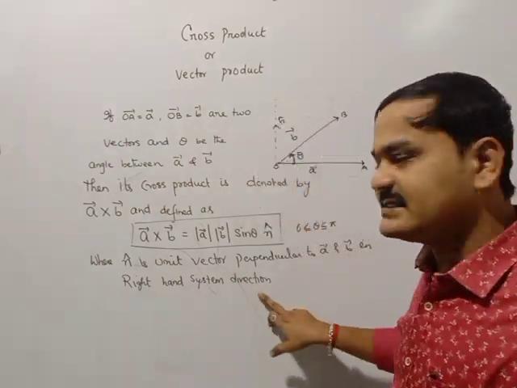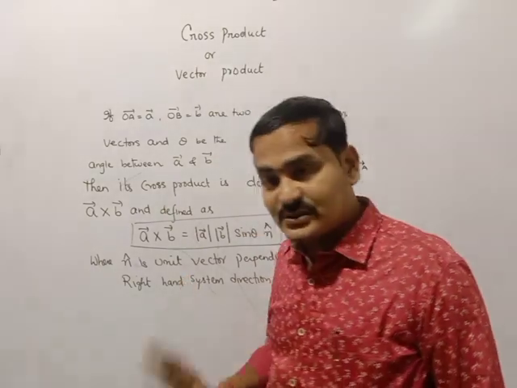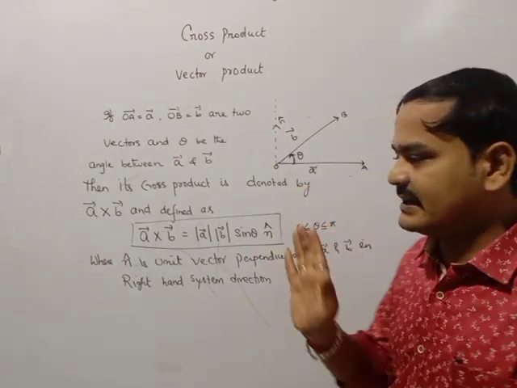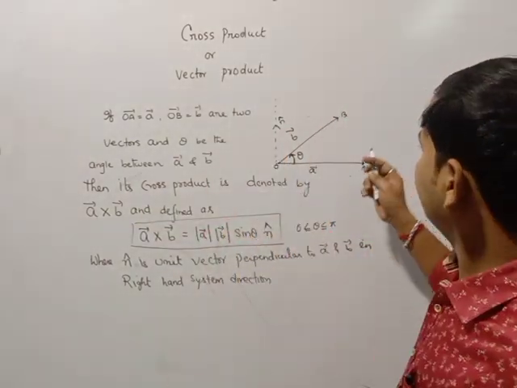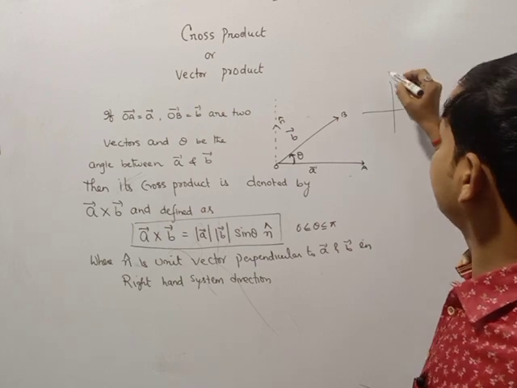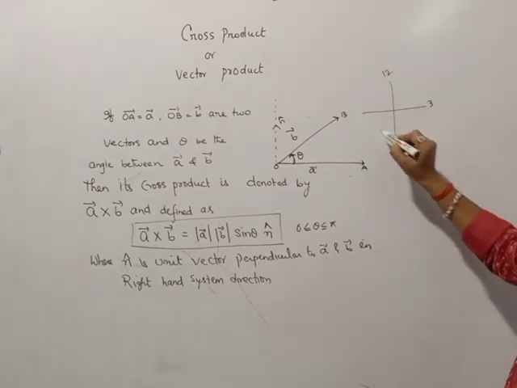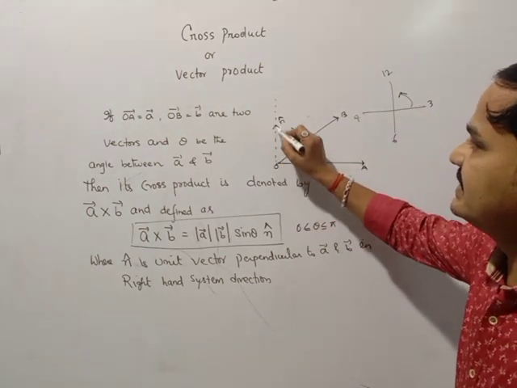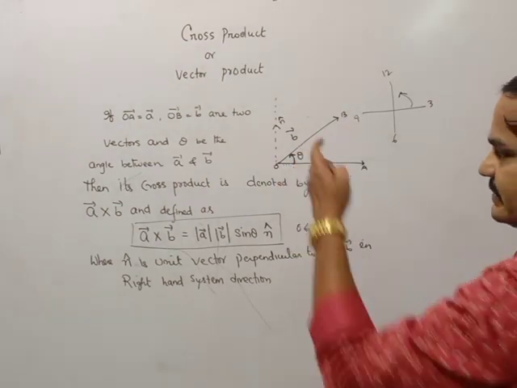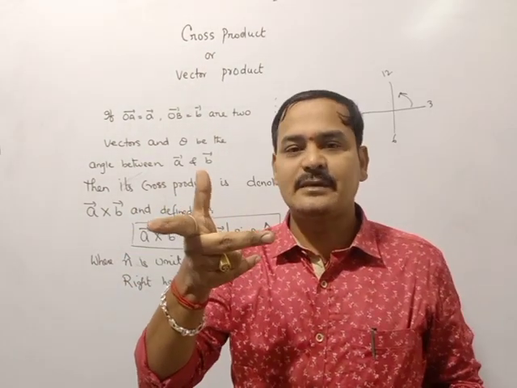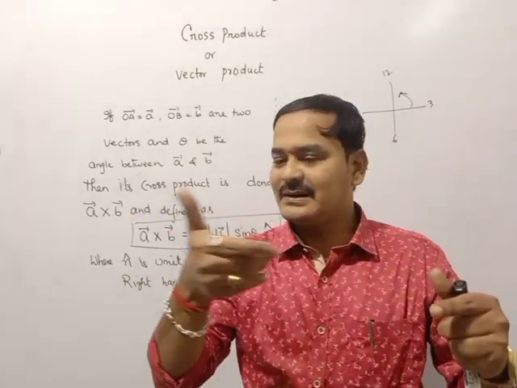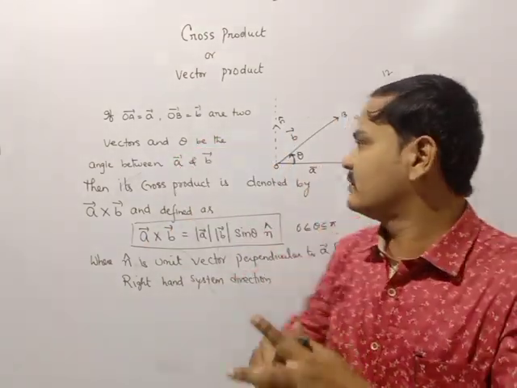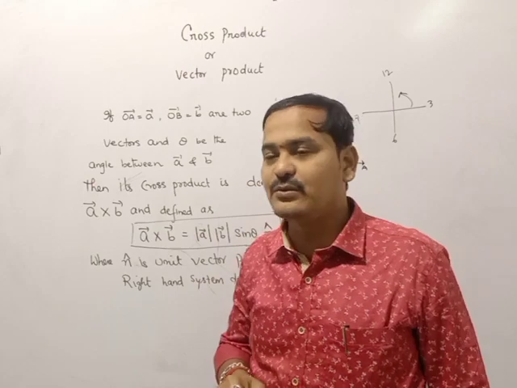If you see the right hand system, in physics also you can learn it, or it is called the screw system. Means what is that? If you measure from A to B in the anti-clockwise direction, see, this is the clock, 12, 3, 6, 9, if you measure in the anti-clockwise direction, means the unit vector is outside. Here, like this is the right thumb rule. If you multiply these two vectors like this, from here to here, it will be going upward. Otherwise, it will be going downward. You can also say screw rule.